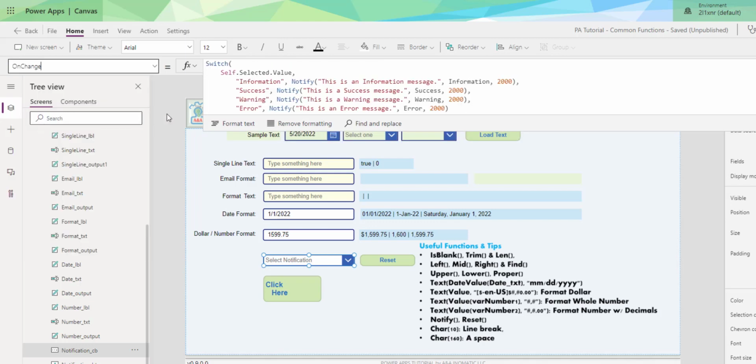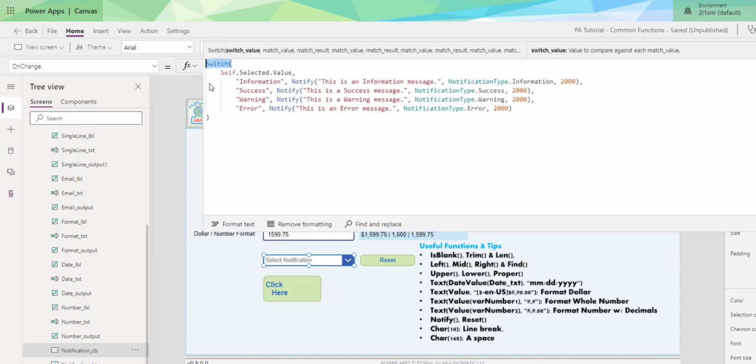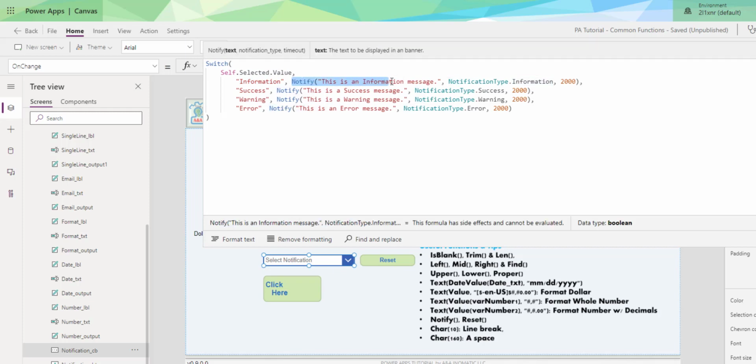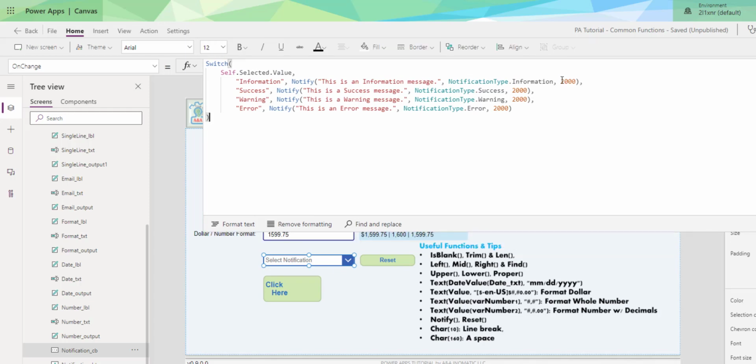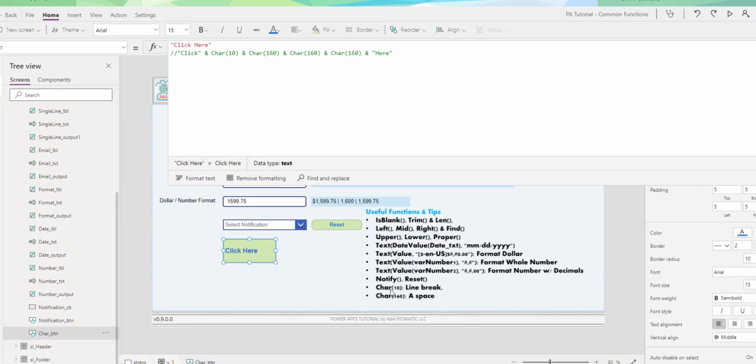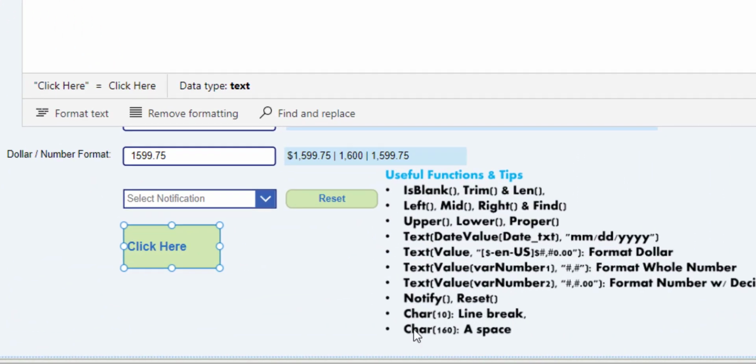And then on change, I added the switch function where the self-selected value, which is this combo, if it is information, notify, this is an information message, notify type information, and display on the screen for 2 seconds. 1000 is equal to 1 second. Generally, you would like to have this longer, but for demo purposes, 2 seconds is enough. And for reset, you just need to reset the control name, which is the notification combo box, and you should be good to go. The last 2 items are char 10, which is a line break, and char 160, which is